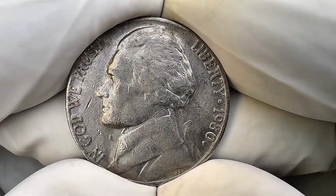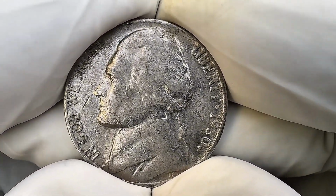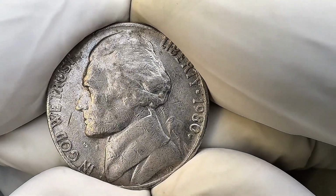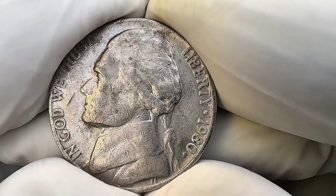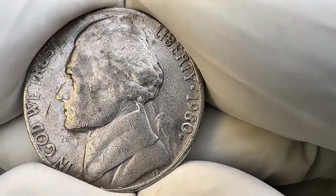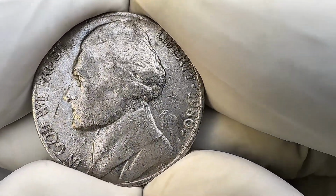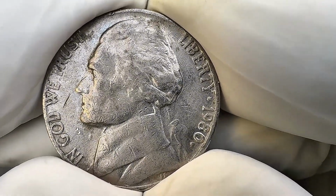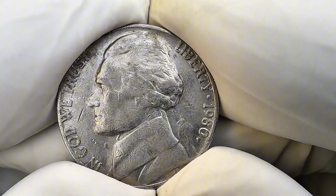Beyond general condition, certain errors and unique features can dramatically increase a coin's desirability and value. One such sought-after characteristic is the full steps designation. This term refers to the clarity and completeness of the steps on the reverse side of the coin, leading up to Monticello, Jefferson's iconic home. Coins that exhibit 5 or 6 fully defined steps without any interruptions are rare and highly prized by collectors. The 1980-P Jefferson nickel is known to have fewer than 200 examples with the full steps designation, making them particularly